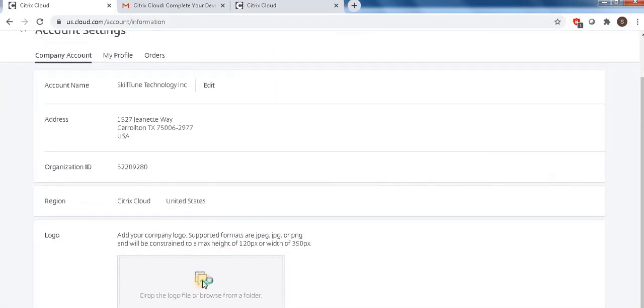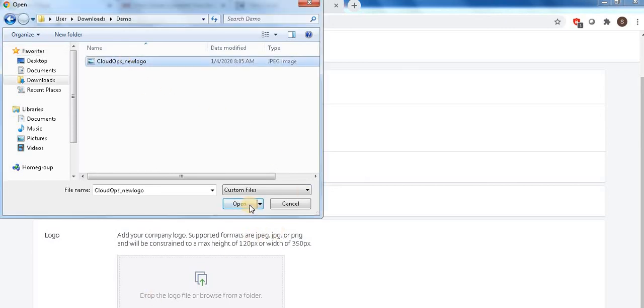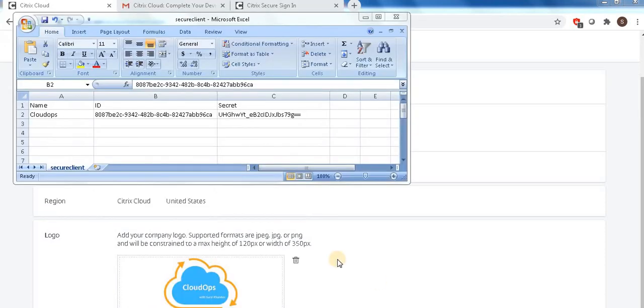There is a drop box to browse your logo. Once you browse, click open, or you can also drag and drop. You can see the logo is here. If you want to delete it, we can delete it and upload a new logo also.